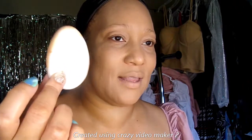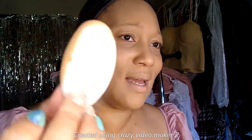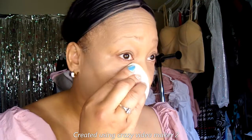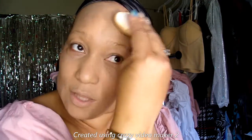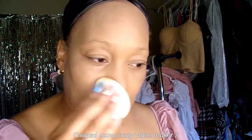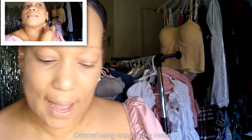First impression about this sponge here. You can get these at Walgreens or anywhere, basically. This type of sponge will help dry up the foundation quicker, especially if you have a foundation that's very moisturizing and takes a while to dry. If you grab one of these sponges and go across your face with it, or actually put the product on with it, this sponge will absorb the product and blend it out, and you'll have a completely dry, ready foundation